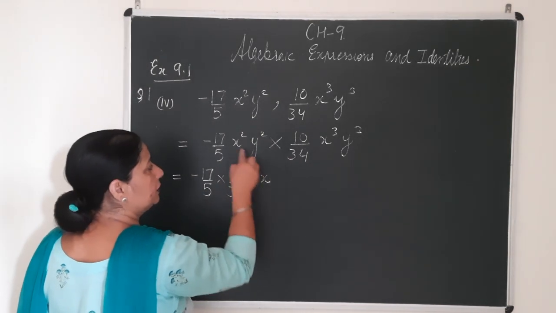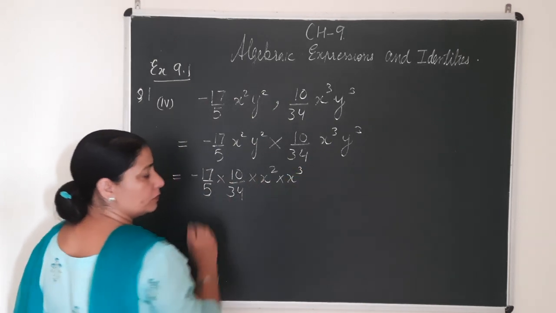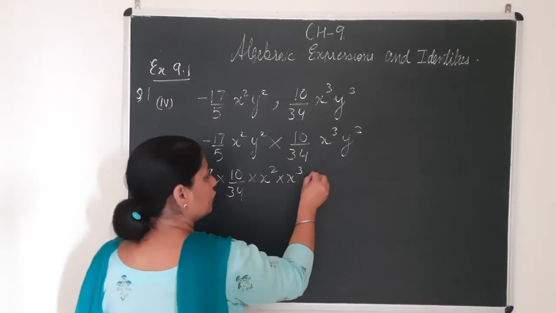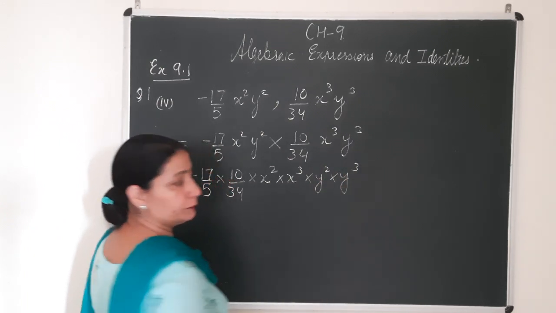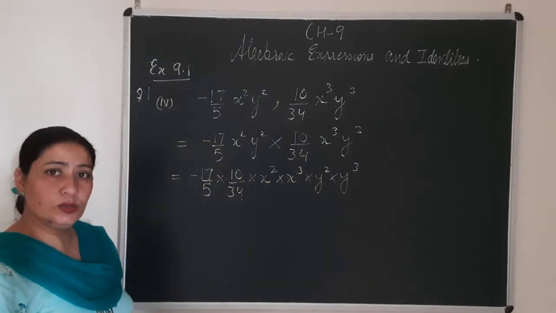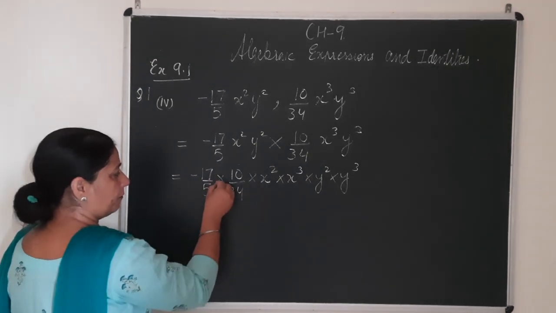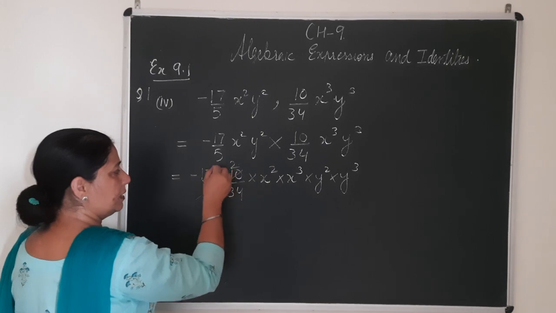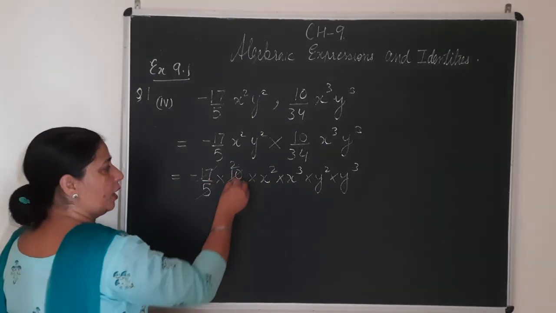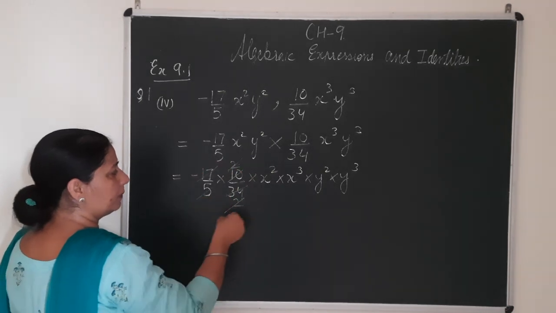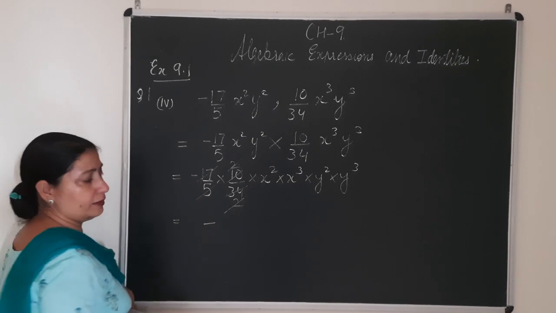Now you take the terms containing x square, x cube. They will be taken together. And last of all, I will be taking the terms which contain y together. Now as I told you, first of all you can simplify this part. 5 ones are 5, 5 twos are 10, 17 ones are 17, 17 twos are 34, 2 and 2 get cancelled. So all the numbers here are getting cancelled, only the minus sign is left here.